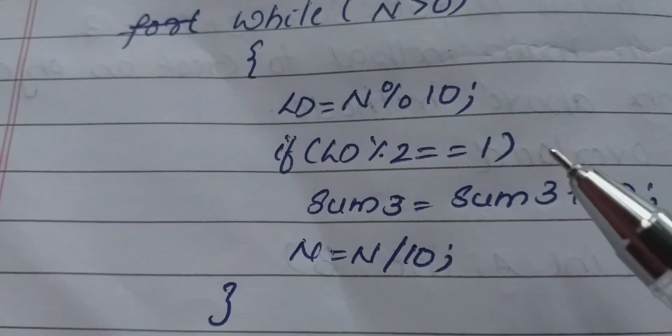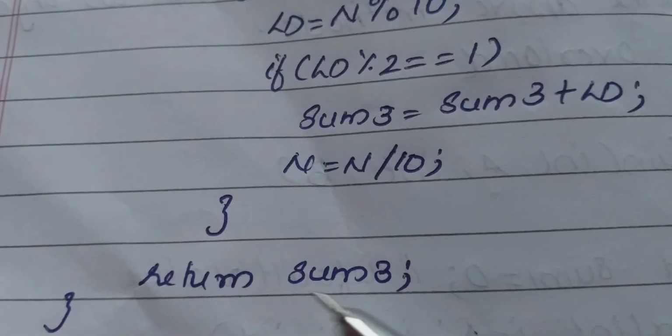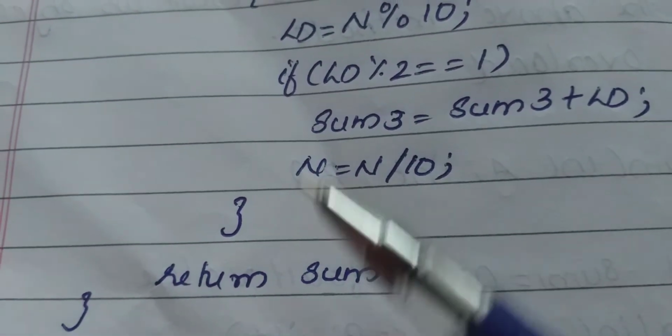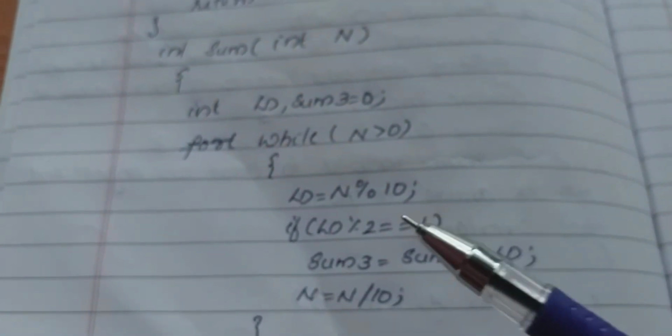After that, our desired purpose is over and we will get the value for sum 3, return the value of sum 3 and close this function. Clear? So I hope this function is clear for you. So you have to work out this particular code with an example. Then it's very clear for you. This is very simple. So I hope it's clear for you.